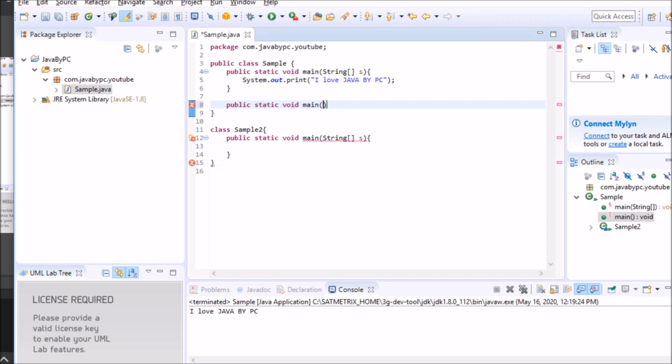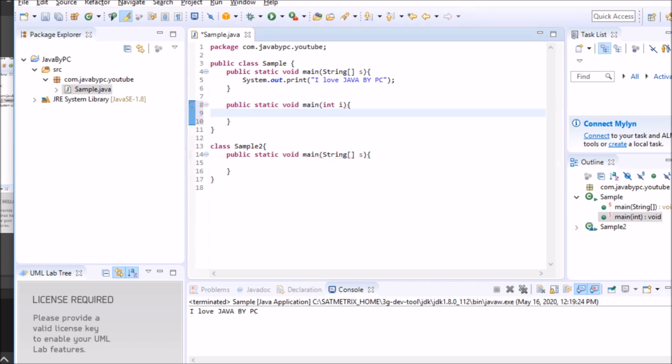So we need to change some things. We can change the argument. The first main function has the argument of string array type, so the second main function can accept an integer argument maybe. Okay. Yeah, it is letting us create two main functions in the same class.